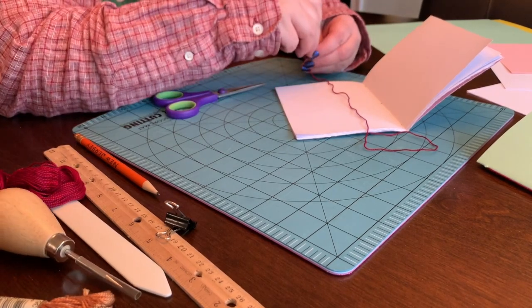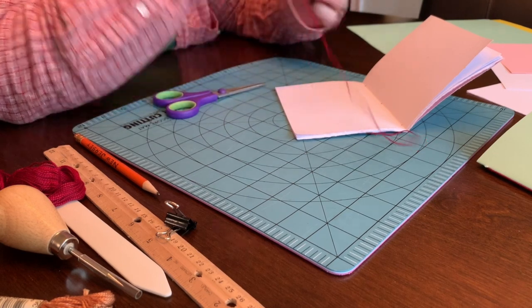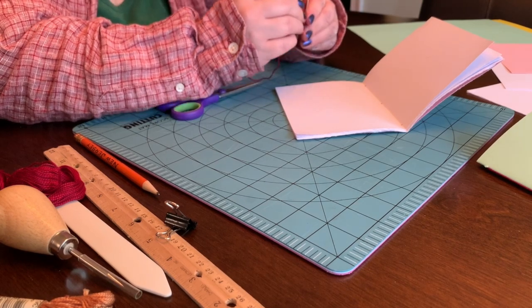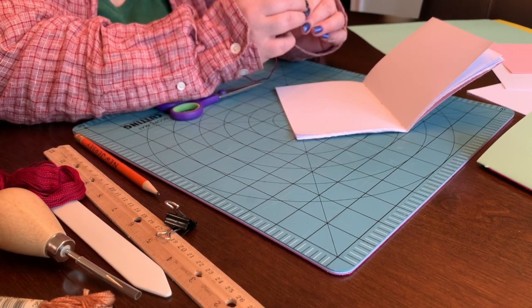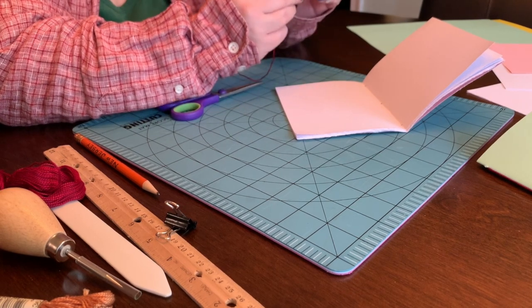So now you're going to watch me in my old pair of glasses, because I was painting earlier and I didn't want to wear my good glasses to paint with. You watch me try and get this needle threaded without my...